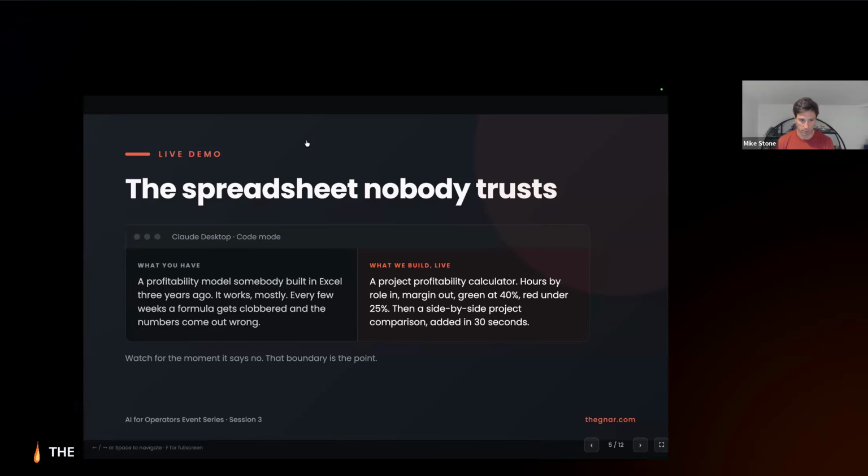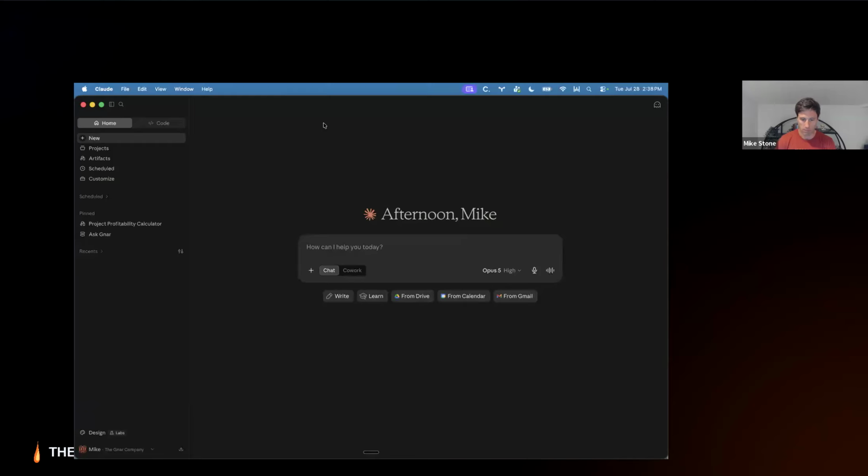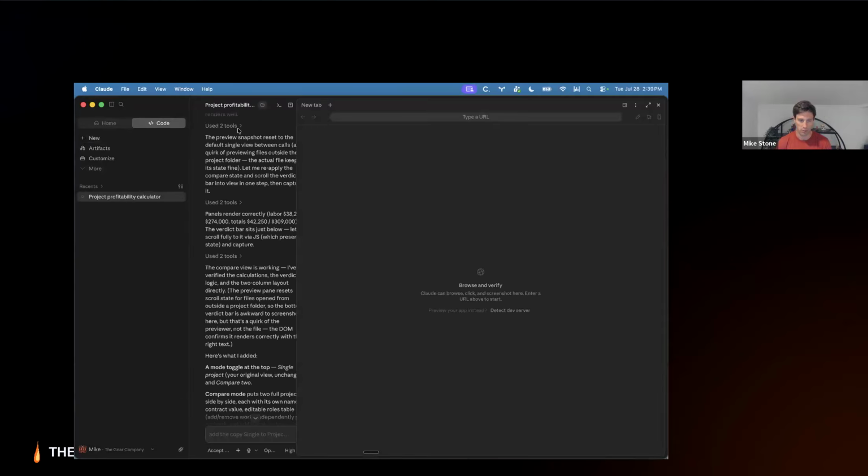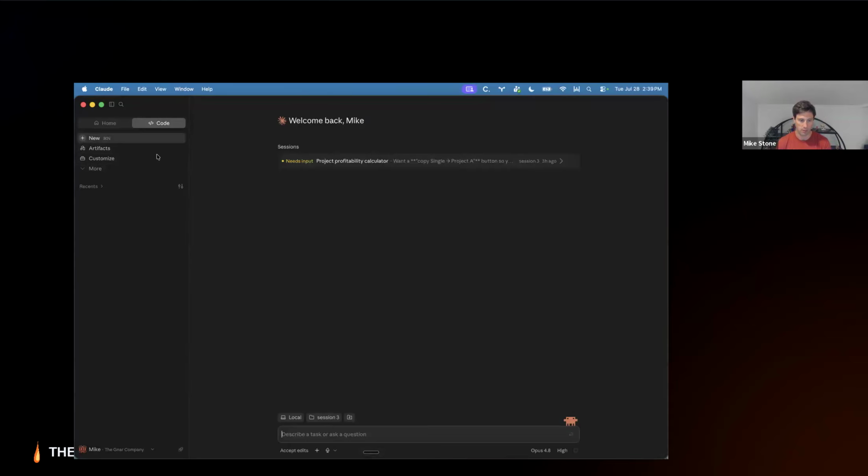To do this, let me first open up Claude. Most of our work in Claude has been in this home tab over here, where we've gone between chat mode and co-work mode. Today, we're going to switch over into this code mode. What I can do here is create files on my local file system.